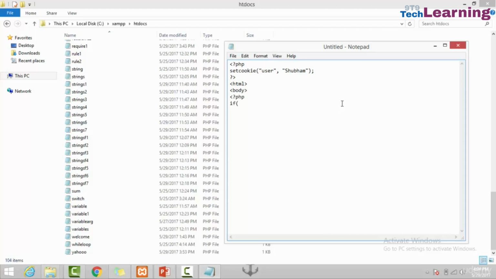Here we are checking a condition: isset $_COOKIE user, echo sorry, cookie is not found, else echo cookie value